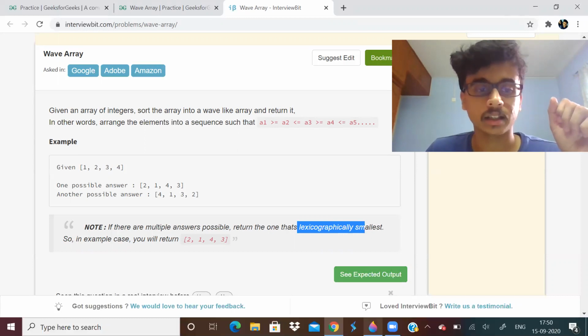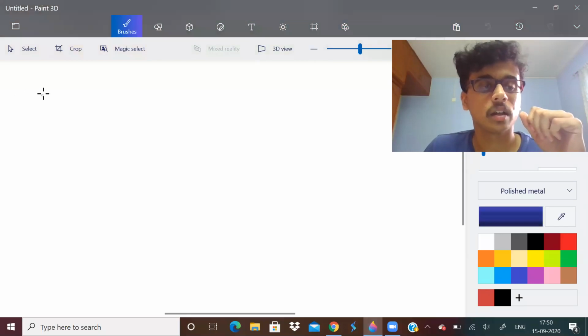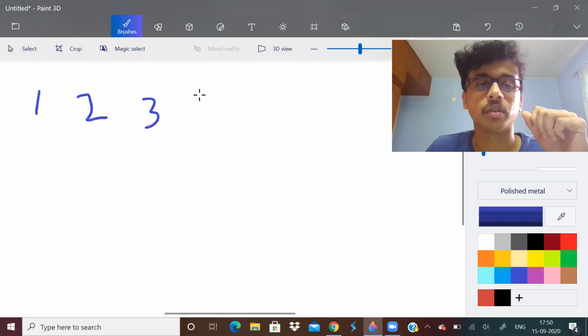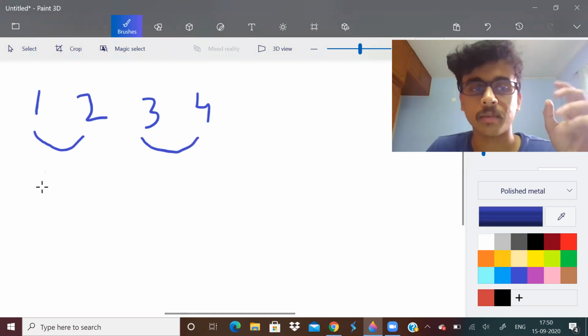For that, let us take this test case example only. If we sort the array, we will get 1, 2, 3, 4. Now, if we observe one thing, if we swap the adjacent elements, that is first, second, third, fourth, like that. Let us swap and see.